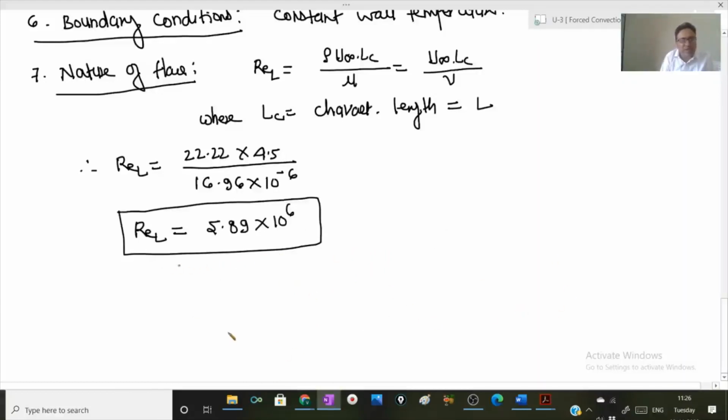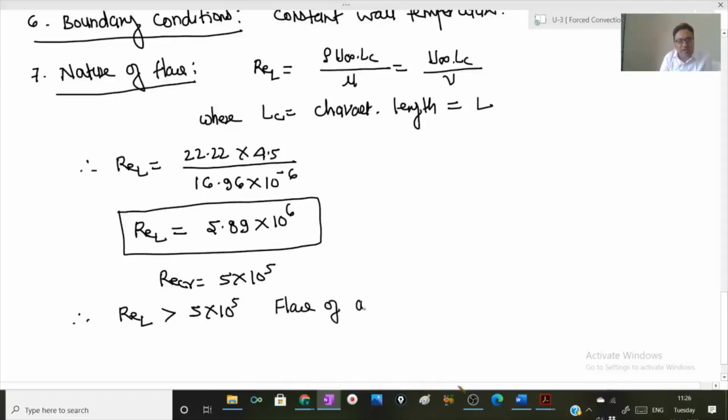Now we have the value of critical Reynolds number. Up to this Reynolds number, flow will be laminar. Because the Reynolds number calculated is more than the critical Reynolds number 5 into 10 to power 5,